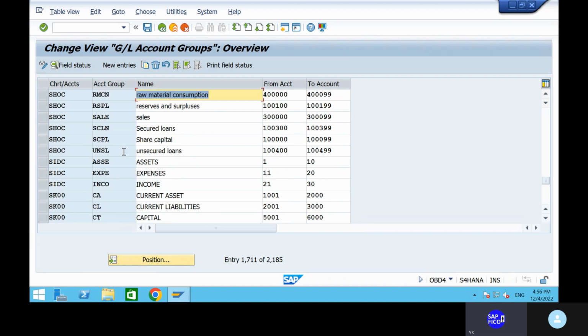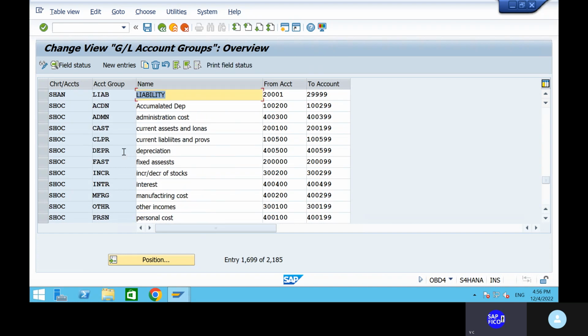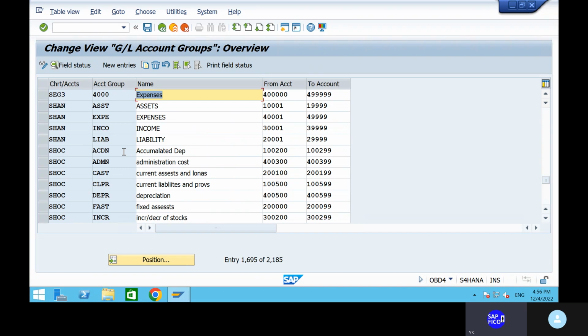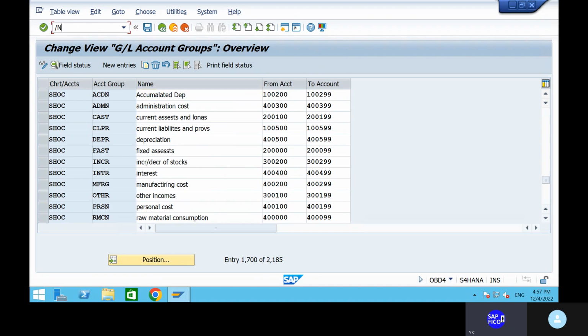And in the earlier session, we have seen how we can create the new entries, I mean, how we can create the GL accounts, account groups and all using new entries. Okay. The next thing we need to do is